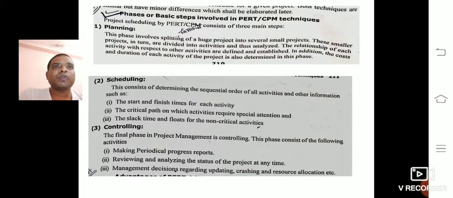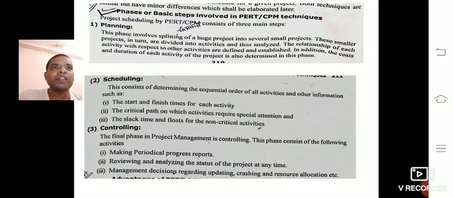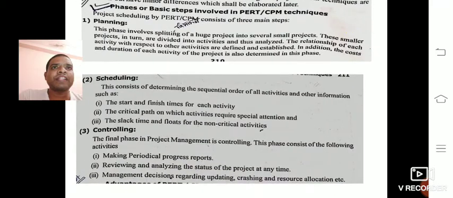In these techniques we have three phases. The first is planning, the second one is scheduling, and the third one is controlling. In the first phase, that is planning,